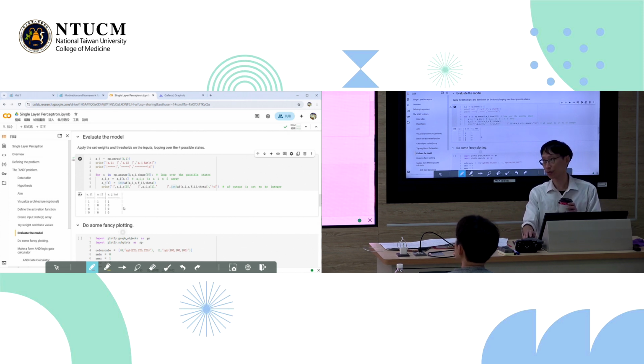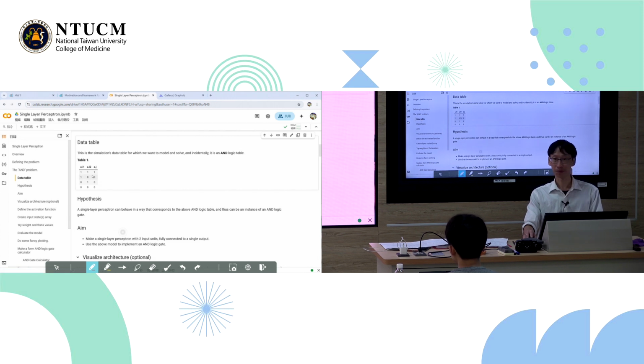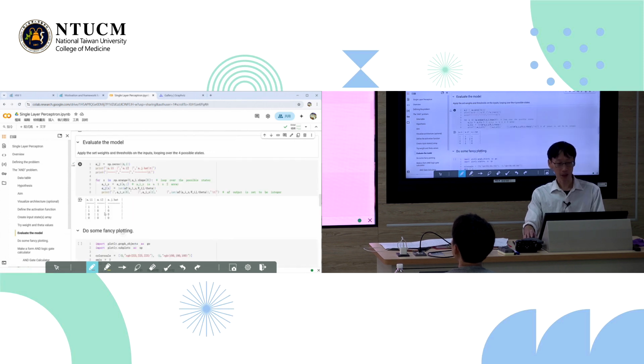Anybody confused? Should be pretty straightforward. So is this following the data table? Yeah? Correct? It should, okay? All right, and that's it. We have successfully implemented a single layer perceptron. It's a neural network. It's the simplest one. Of course, things get more complicated later on, okay? But for now, this is really the core of it, okay?